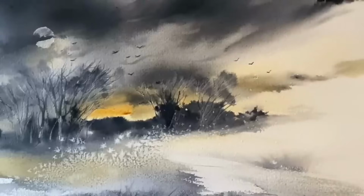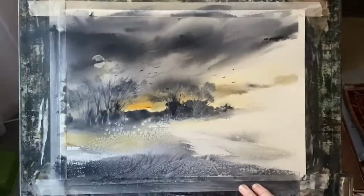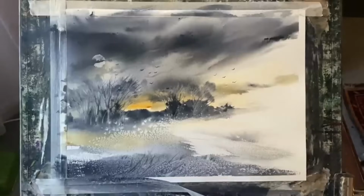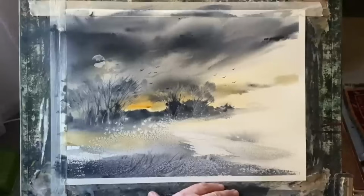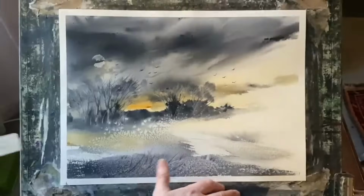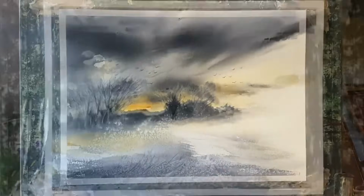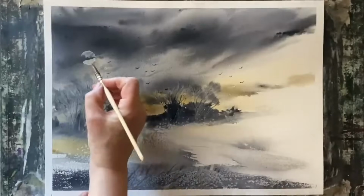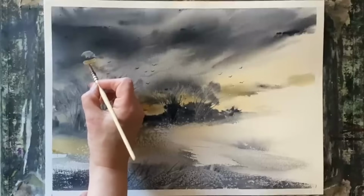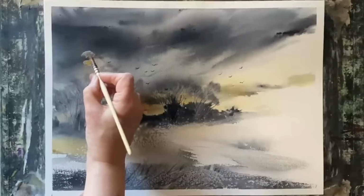I'm dithering about whether to put a little bit of raw sienna over the moon just to give it a little bit more of a glow, but I'm going to have a look at the painting without the tape, with a clean white border, and this helps me to see it with fresh eyes and helps me to step back and reassess the painting and see if I need to do anything else. So I've mixed up quite a watery glaze of raw sienna, and I'm going to glaze it lightly, mostly over the bottom part of the moon,